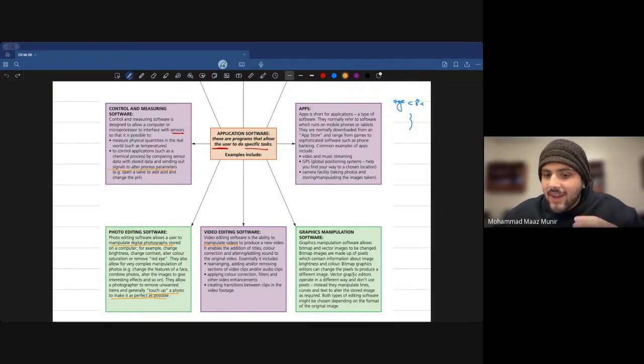But then we also have vector images. And what are bitmap graphics? These are basically those specific sort of editors that can change the pixel to produce a different image. Now this is also for this same bitmap one. Vector graphics are a bit different things. Now vector graphics is the one which I just told you previously. Rather than having pixels, they do not basically work upon pixels. Rather they have lines, they have curves, they have text, which basically allows them to create a